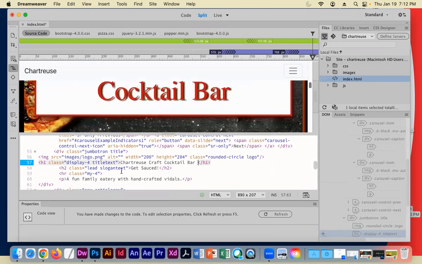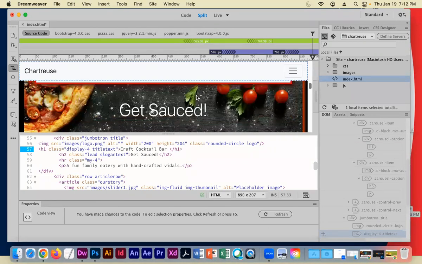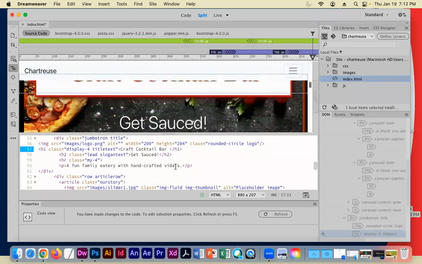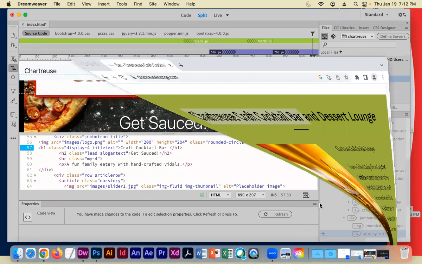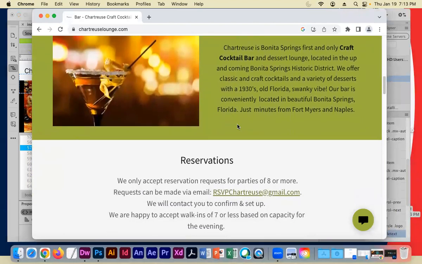And so it's fine that it goes on 2 lines. I'm actually going to, let's do craft cocktails just to clean this thing up a little bit. Craft cocktail bar, that's good. Okay, so get sauce, that's not going to work for us. So let's find